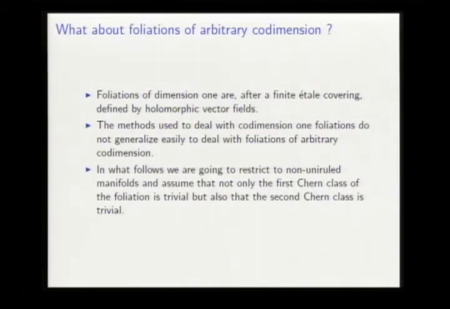If you go from codimension 1 to higher codimension, I think that it's a constant in algebraic geometry, differential geometry, or whatever kind of geometry you're dealing with, it's hard. So we try to look at a particular case first to see what we can say. So we restrict to non-uniruled manifolds. So let's put away these uniruled manifolds. And we assume that not only the first Chern class, but also the second Chern class are 0 in cohomology. So in the case of varieties, again, using Yau's theorem, it's an exercise to prove that after finite covering, these are tori. So we expect to have something built on tori.